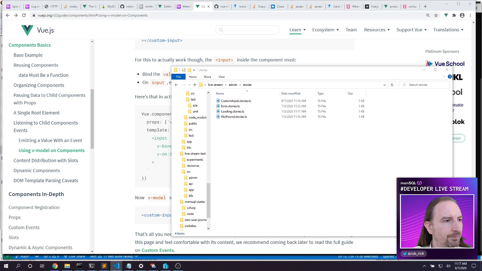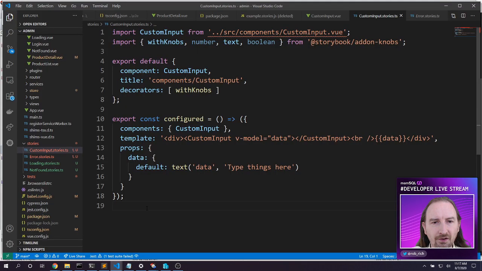Okay, so we've proven that Storybook is a great way to start experimenting with these controls. Let's see if we can experiment with a control about binding these custom inputs. So arguably we can now delete this custom input, but just in case we need to refer to it again, let's leave that in place. We want to create a new component where we can pass in the object and get back and data bind to it using viewModel. So let's create a new file,